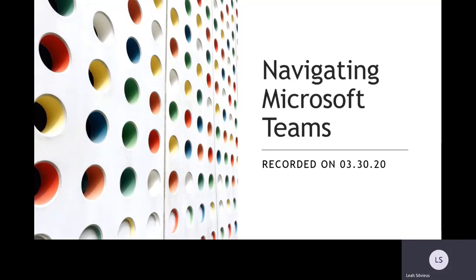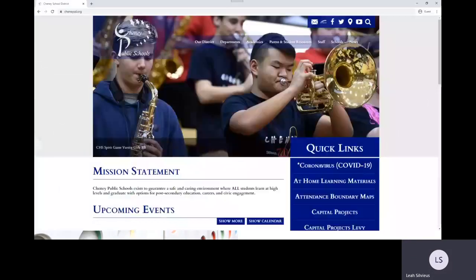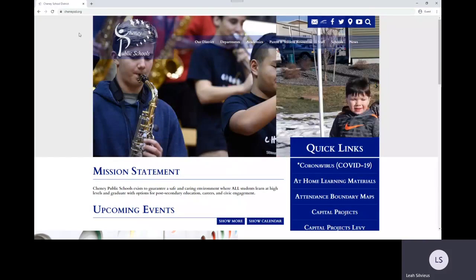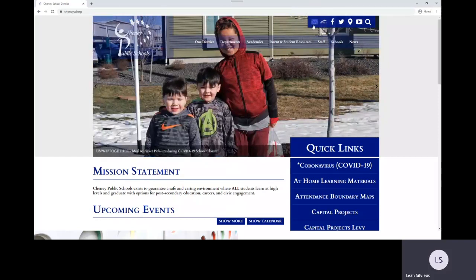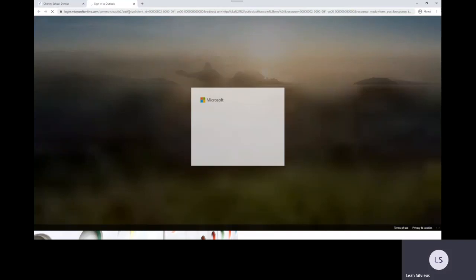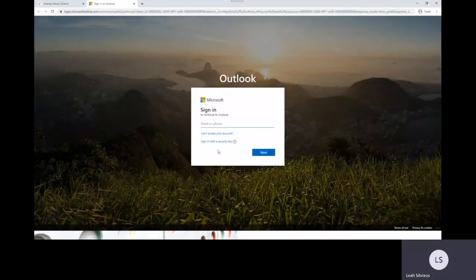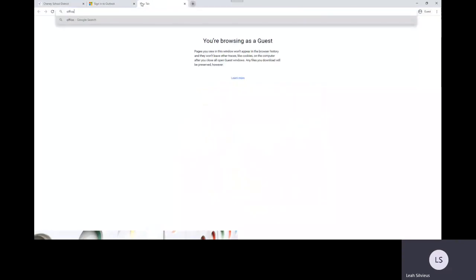To access Microsoft Teams online, all you have to do is go to the Cheney School District website, or you can go to office.com. And if you're on cheneysd.org, you can click this little icon for your email in the top right corner, and it will take you to a login window for office.com or Outlook, which are all connected. You can also just go to office.com,